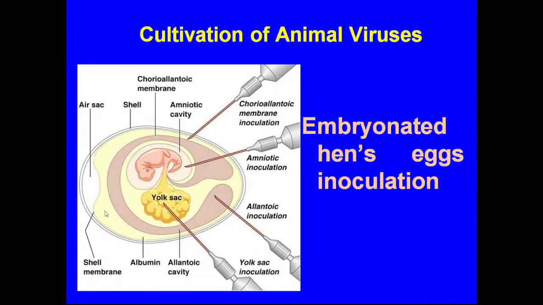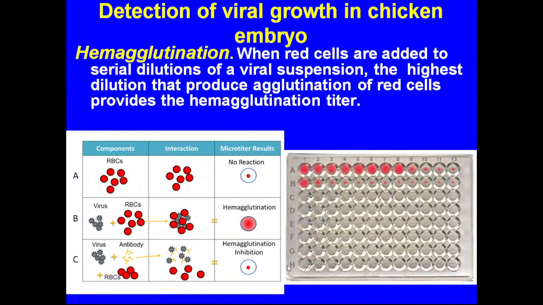First, again, irrespective of whether the virus is multiplying, the newly synthesized virions will be seen in allantoic fluid. They will be released there. So then, to indicate the presence of the virus, we suck out the allantoic fluid, and we think that this allantoic fluid is a virus-containing liquid. We may perform several dilutions of this suspension